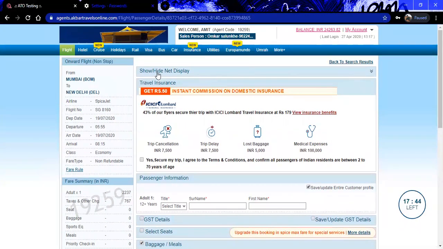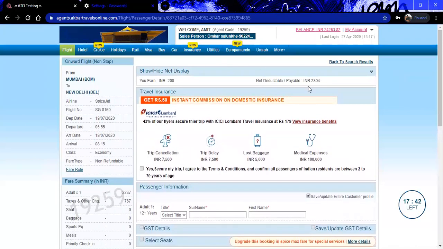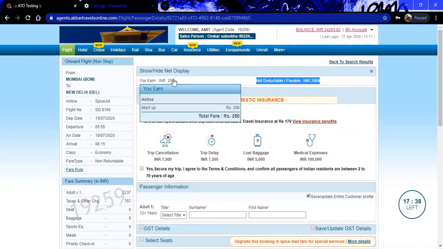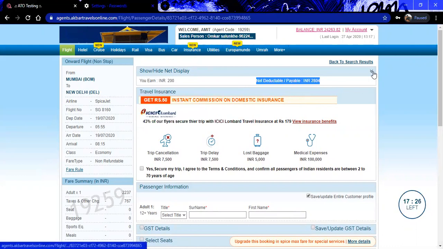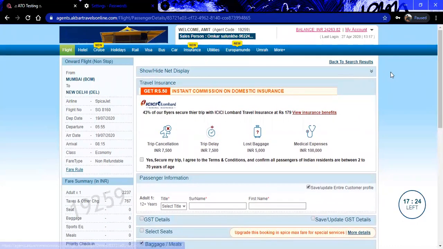We have an option here, show and hide net fare. The net fare will be shown in front of me, and my earnings of 200, which I have put in the form of markup, will be shown over here. This is a hideable format.